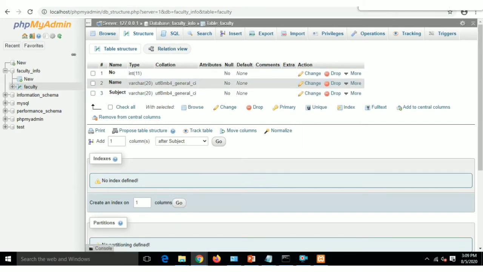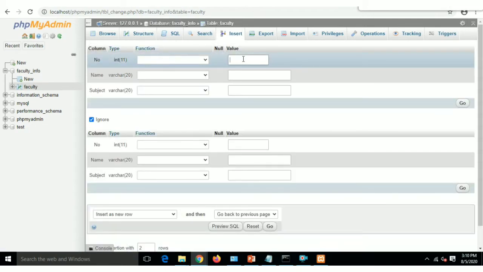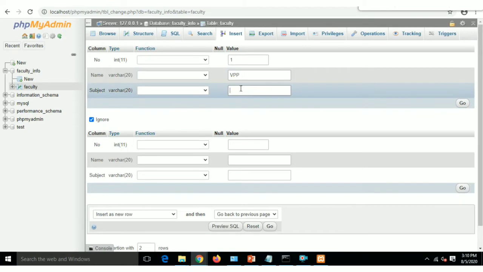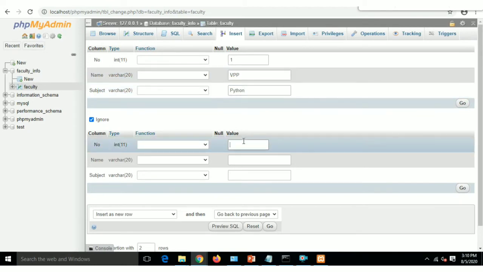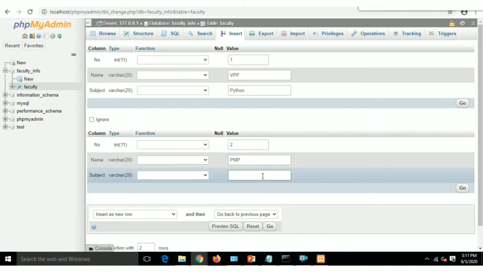Now we enter the data in our faculty table. Click on insert and add the data. For example, here we add 1, then the name is defined and the subject is defined. Then the second row, the name is defined, then the subject name is defined.